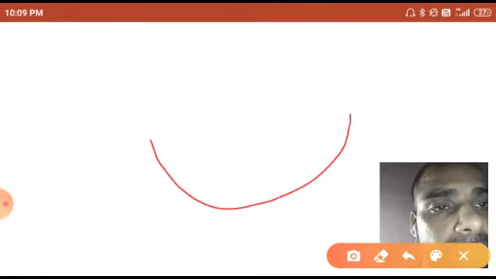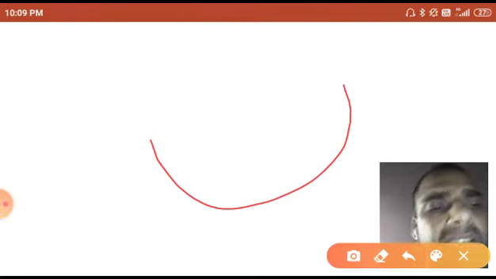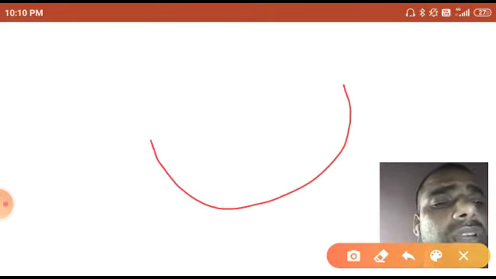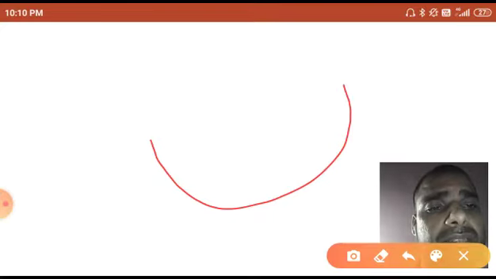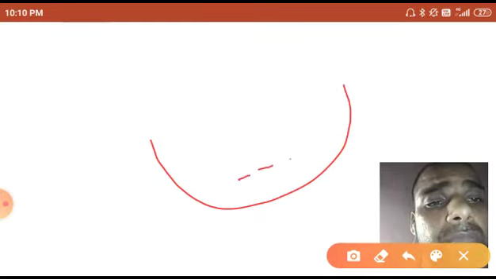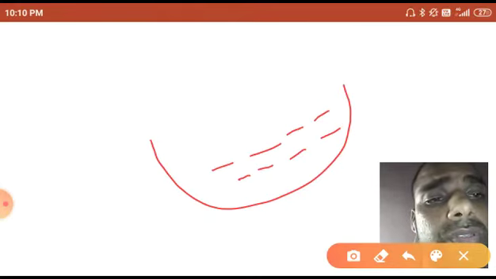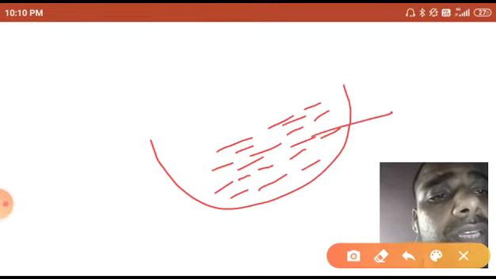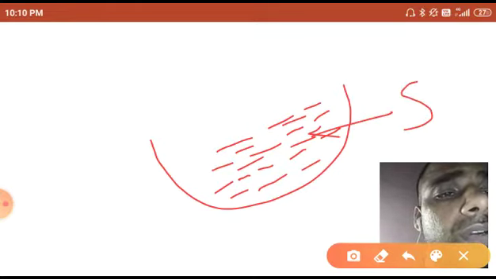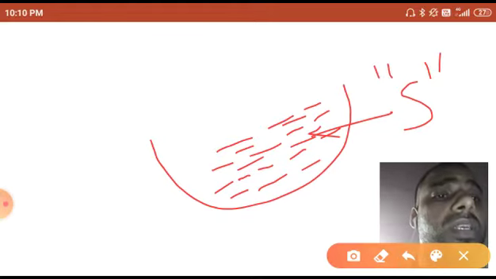I have taken one plastic plate, one glass plate. We will take one type of container, a china dish or glass, or one plastic plate, and in this we will take some amount of sulfur powder. Here I have taken it with the help of this line. This is sulfur. I have written S, the symbol of sulfur. So here I have written S, S for sulfur.